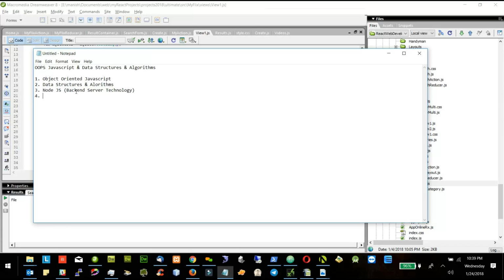And fourth one, we will do some part of React.js, not the detailed React.js, just the beginning of React.js, so that we should be able to write some code on it, because a lot of my code on the data structures will require React.js knowledge. So I will show you some basic knowledge of React.js, not the overall React.js in detail. So these are the four technologies which we will be doing in this course,